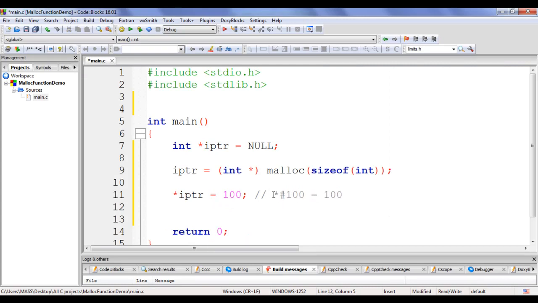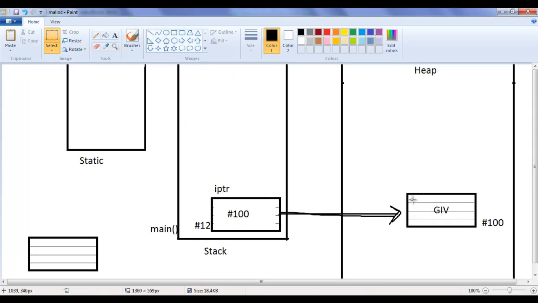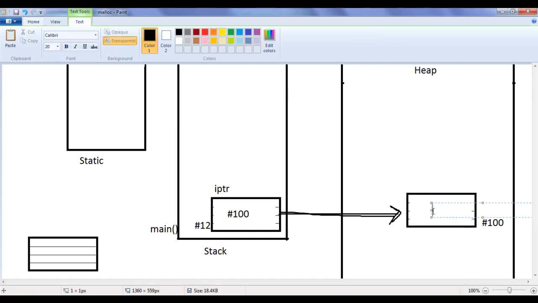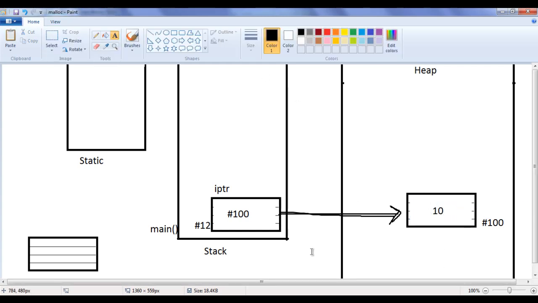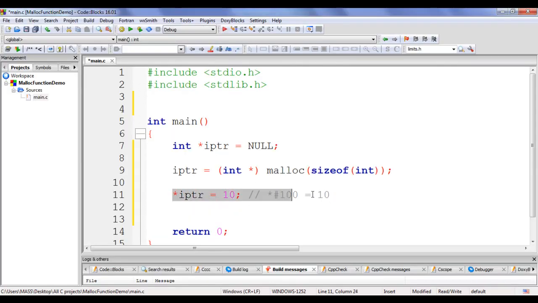We are telling that the value of #100 should be equal to, let me set 10 instead of 100, 10. What happens here? The garbage integer value from #100 is removed and it is assigned the value 10. That's what happens when this line of code is executed.